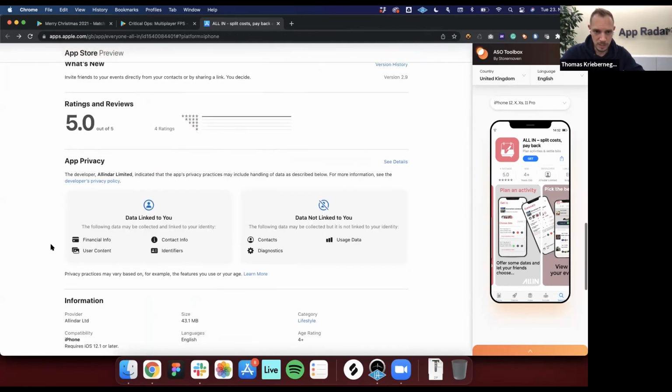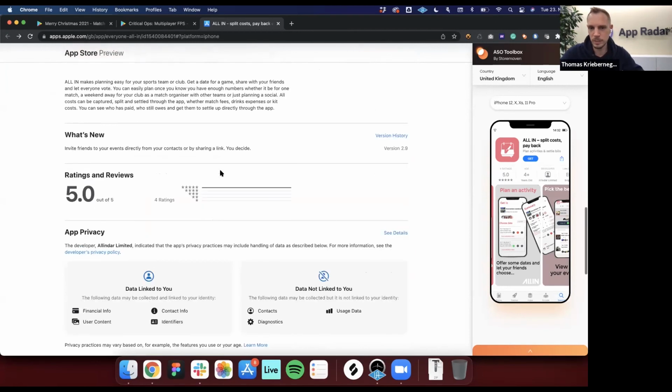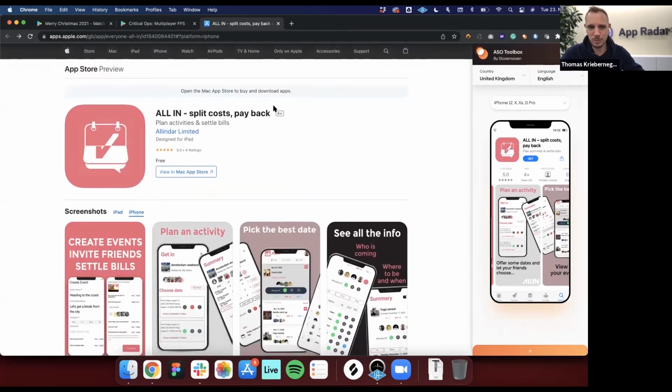When we scroll down a little bit, what we can see, the app is quite fresh. So we have some ratings, but we don't have any reviews yet. So therefore, I cannot really comment on this. So in this case, pushing for keywords, once again, trying to identify the right keywords for this app and also trying to check if this app is ranking for the keywords.